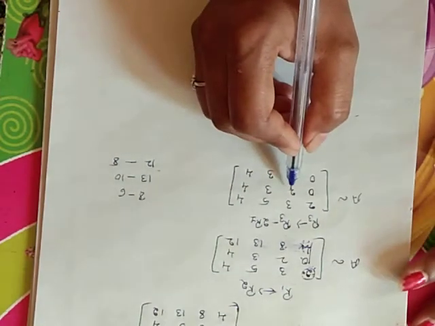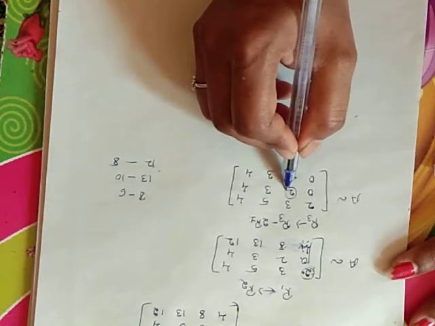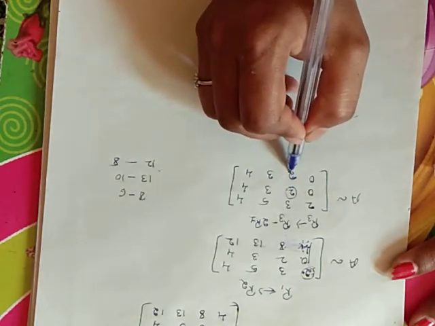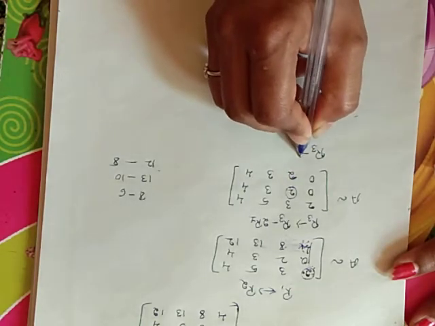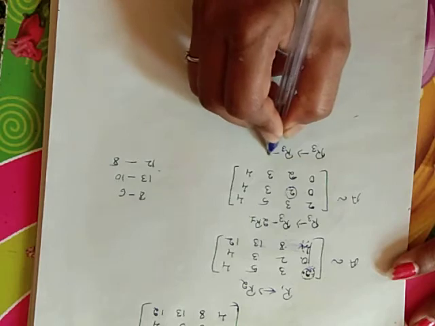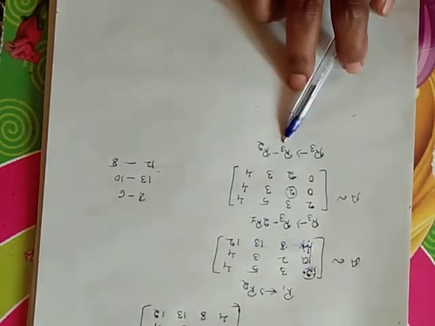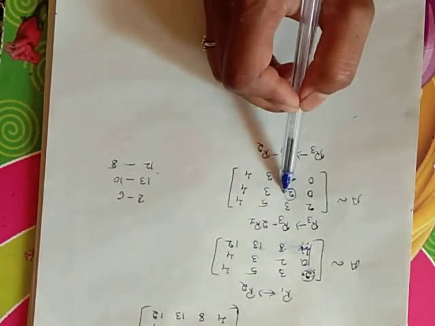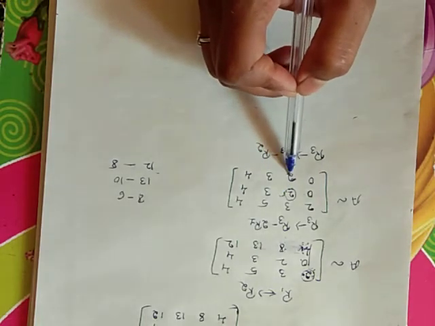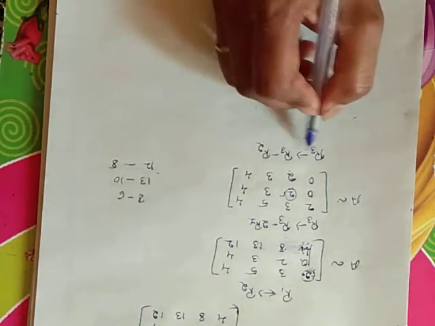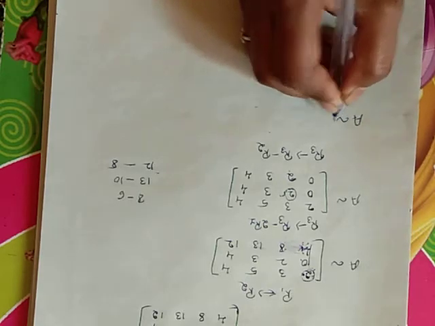So now come to the second row, second element. Consider this one as the leading element. The element below this term has to be converted to 0. Now apply the transformation R3 tends to R3 minus R2. Using the second row, second element, we have to make the element below it 0. To convert this term to 0, I am taking the transformation R3 tends to R3 minus R2. Now your matrix A is equivalent to